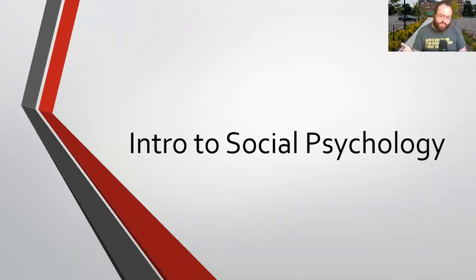I'll introduce myself since this is the first formal lecture. My name is Dr. Travis Clark. I have a PhD in experimental psychology from the University of North Dakota. UND, like many schools, has an experimental psychology program where I learned a little bit about social psych and a lot of other fields of psychology. Social psychology was my specialty, really. And UND also has a master's in forensic psychology program and a clinical psychology program.